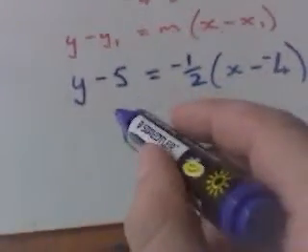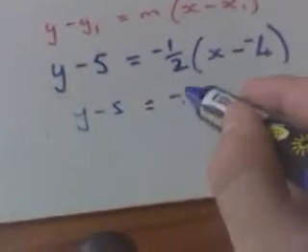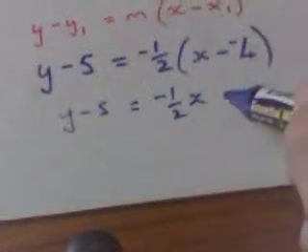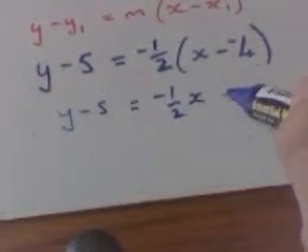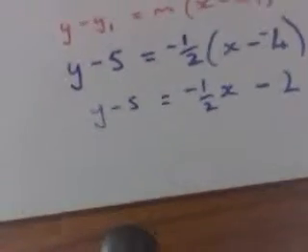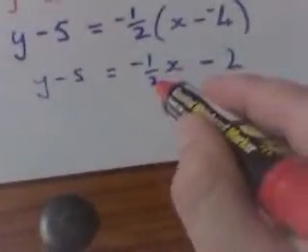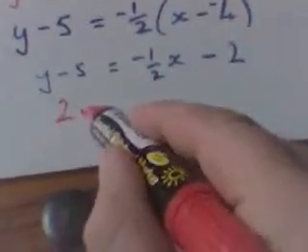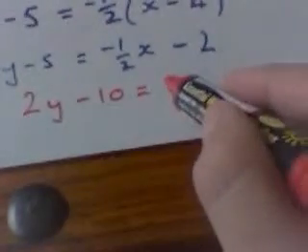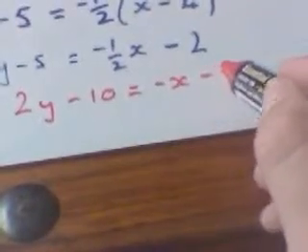So working through that, I have y minus 5 equals negative a half x minus 2. At that point, if I multiply everything through by 2, I have 2y minus 10 equals negative x minus 4,